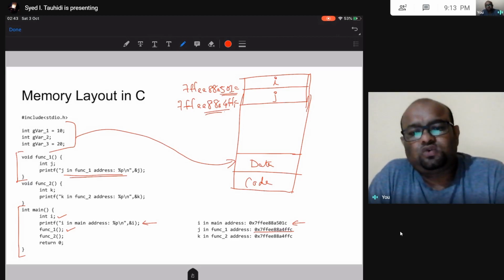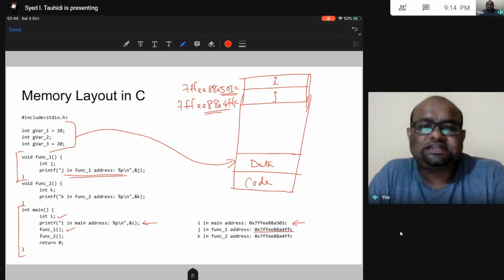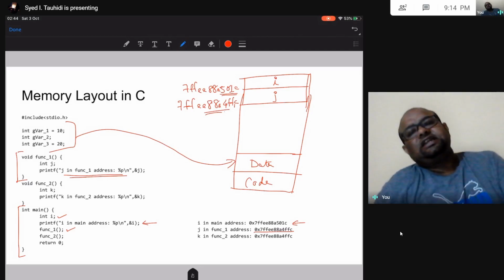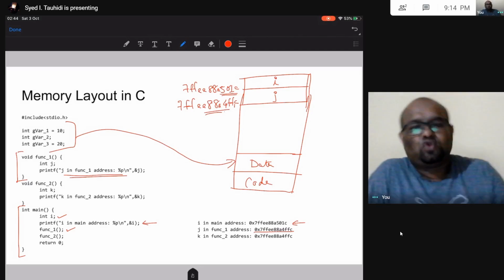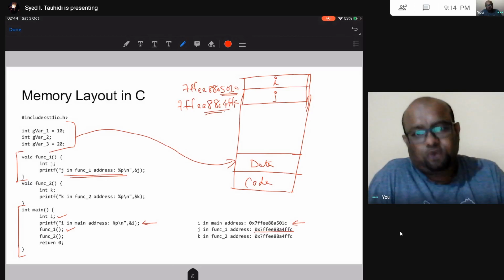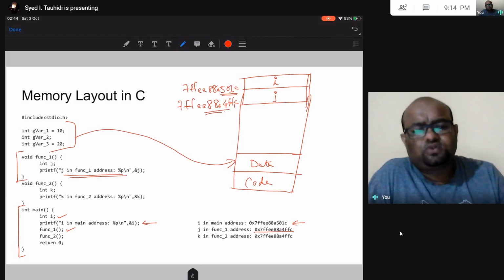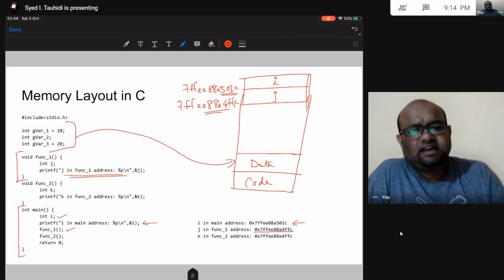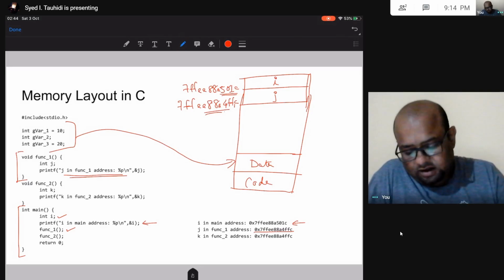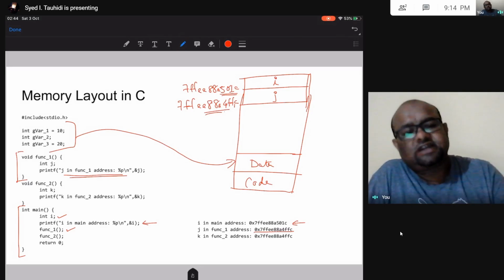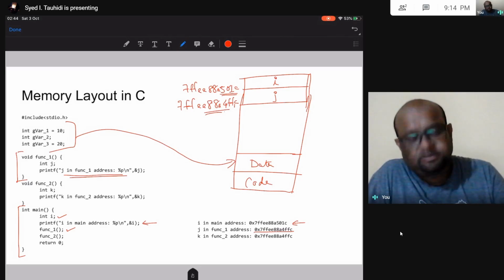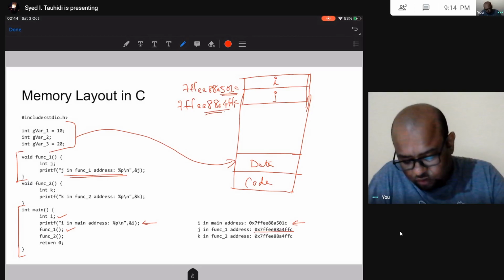Once you finish studying computer organization and architecture, operating system and microprocessor, after studying these three subjects, I recommend that you go through that course. That is a very short course of 4 weeks. It's on NPTEL, by IIT Madras. So go through that course. You will understand all these things in far greater detail. But we don't need that much detail in our course on object oriented programming with C++. But still, let's go ahead and try to understand what is happening here.